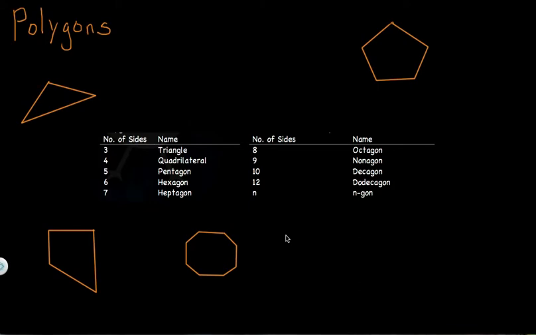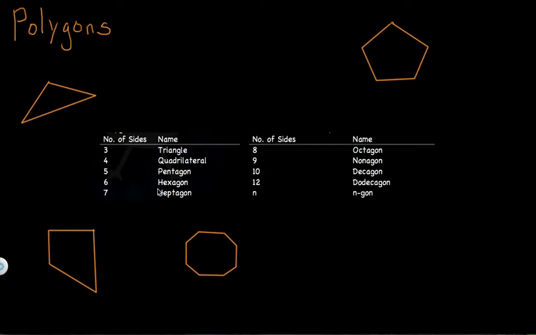Polygons are 2D plane figures that have certain characteristics. Polygons, first of all, we classify them based on the number of sides that they have. So a polygon with 3 sides is known as a triangle, 4 sides is known as a quadrilateral, 5 pentagons,